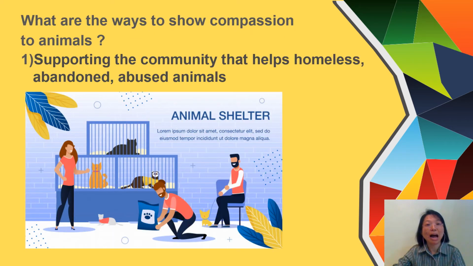Now let's talk about how we show compassion to animals. Okay, the first way is supporting the community that helps homeless, abandoned, abused animals. Now, if you look at the picture here, this is an animal shelter. An animal shelter is a place where they keep all the animals like dogs, cats, any pets that people don't want anymore, people abandon them, people throw them away, or abuse animals,